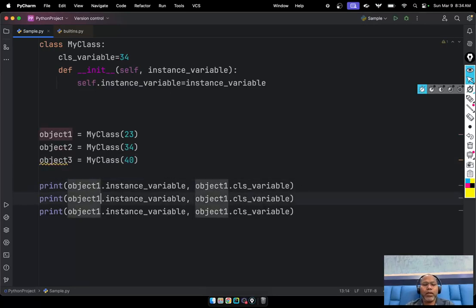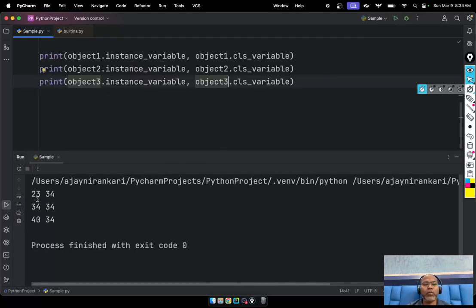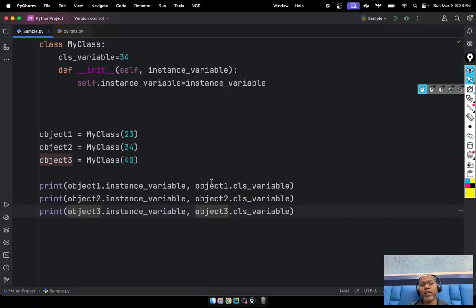Okay. Object 2, object 3, object 2, object 3. Okay. So here notice every object has the same class variable, but each instance has a different instance variable. And a good thing is you can access the class variable from your object name, but the preferred way you can